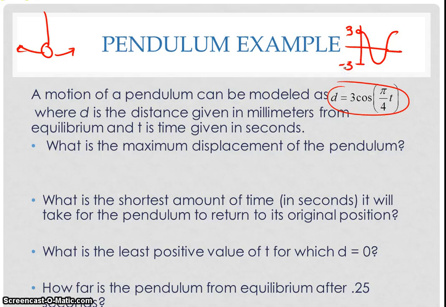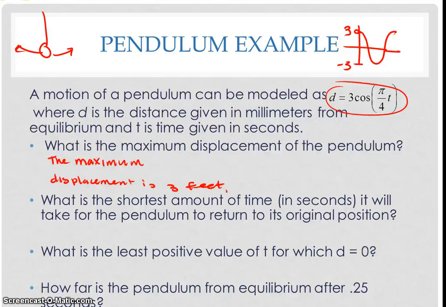So we can write the sentence to answer the first question. Okay, so the maximum displacement is 3 feet. Since when you graph it, if your midline is your equilibrium, you can go a maximum of 3 feet from it. Then it asks, what's the shortest amount of time in seconds it will take for the pendulum to reach